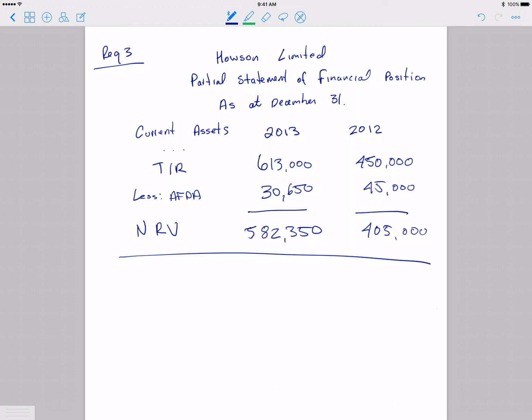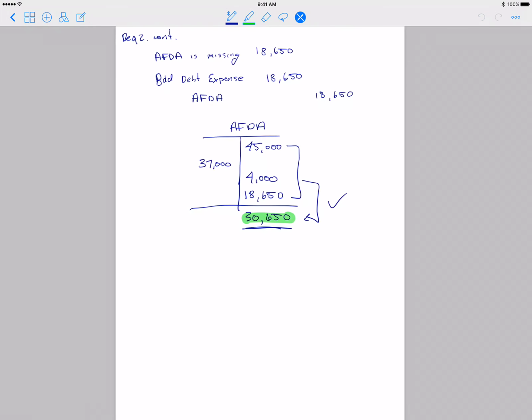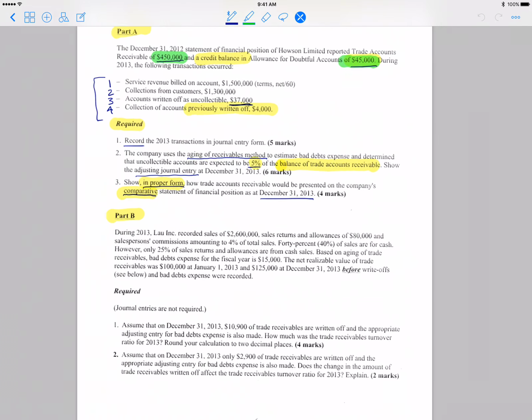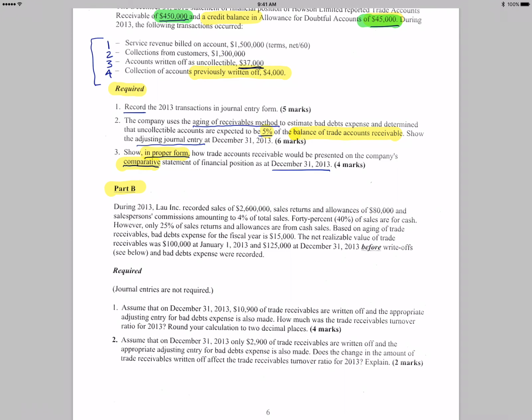All right, so now that we've finished requirement 3 in part A, we're going to go back and take a look at part B of the question. So zooming in a little bit. There's a lot of text, so we'll walk through it slowly. All right,